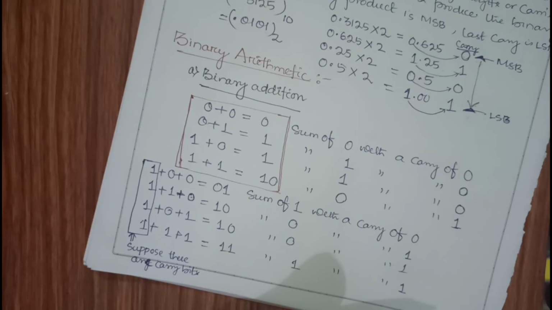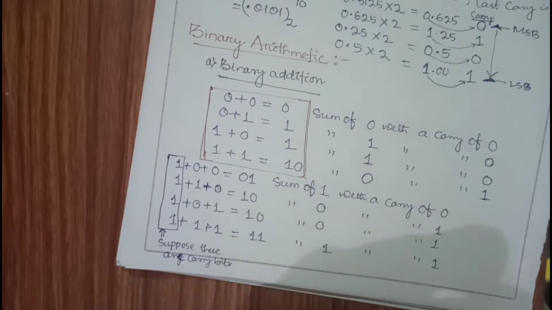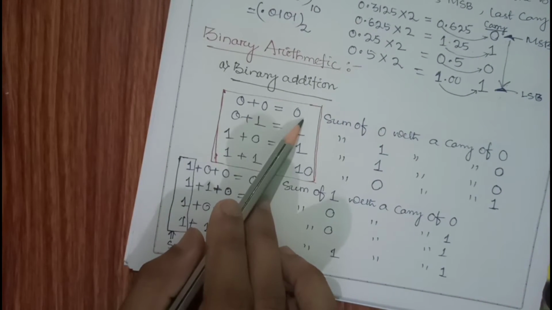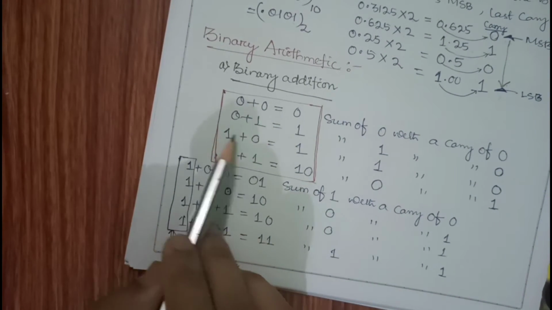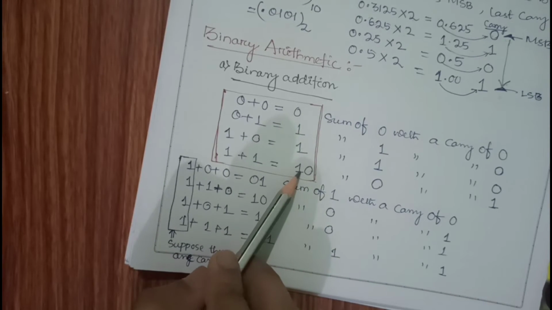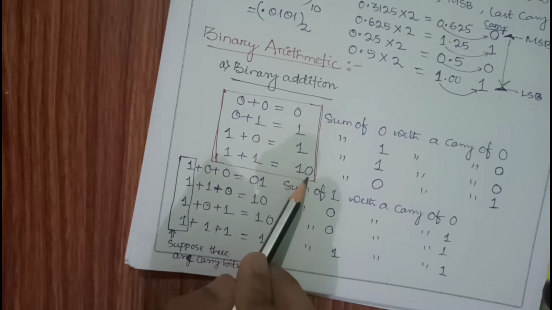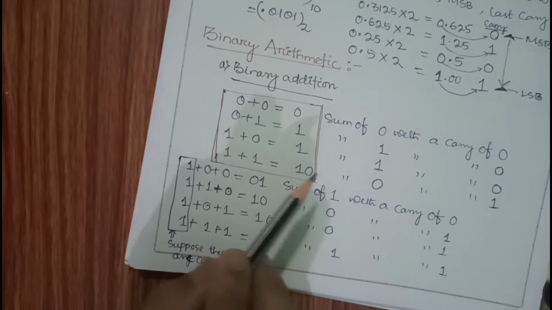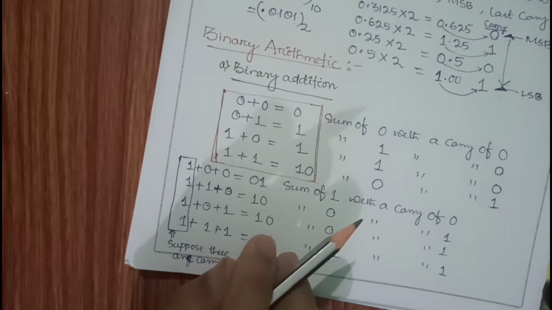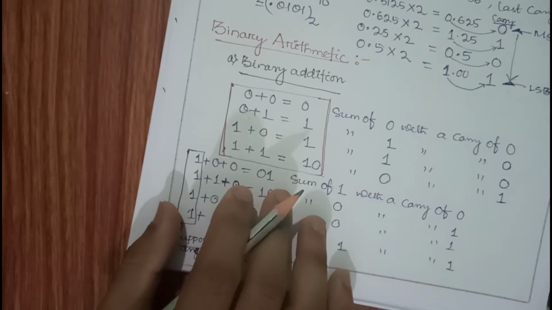Then the binary addition, and we will see the binary arithmetic, that is binary addition, subtraction, multiplication, division. So addition, you know these small rules, that is 0 plus 0 is nothing but 0, 0 plus 1 is 1, 1 plus 0 is 1, 1 plus 1 is nothing but 1 0. Okay, don't read it as 10, it is 1 0. And if I add 1 0 with 1, that means 1 0 plus 1, it will give me 1 1. Okay, not 11, it is 1 1.